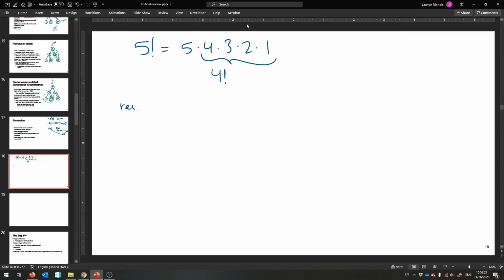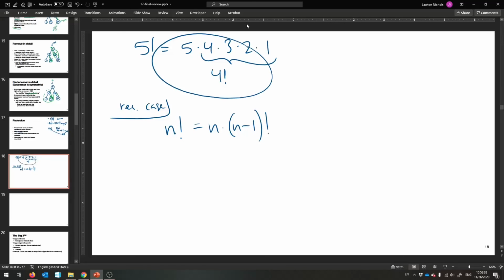Okay, here's our recursive case. We'll say, okay, not 5 anymore, but n factorial. That must be equal to n times n minus 1 factorial. Okay, that's how we come up with our recursive case. We try an example, and we generalize. And then the base case,